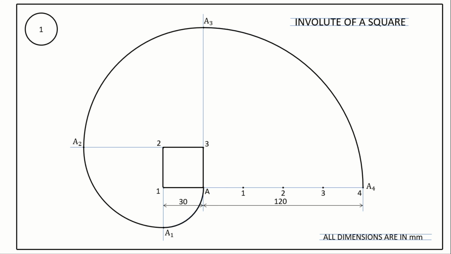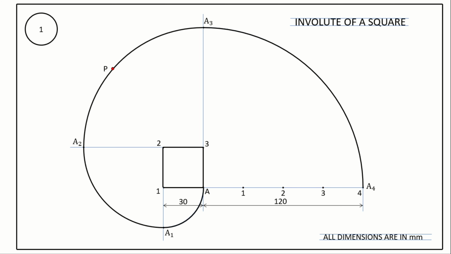So we have completed the first part of the question. We have drawn the involute of a square. The second part is to draw the normal and tangent at any point P on this curve. So let us now mark a point on the curve. I am taking the point P on the curve. The point P is on the arc A2 to A3. Now to this point P, we have to draw the normal and tangent. Because this point is on the arc A2 to A3, for this arc, point 3 on the square was the center point.